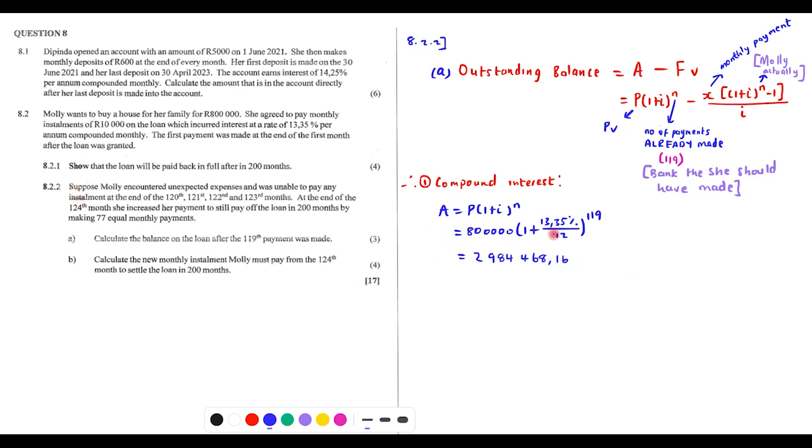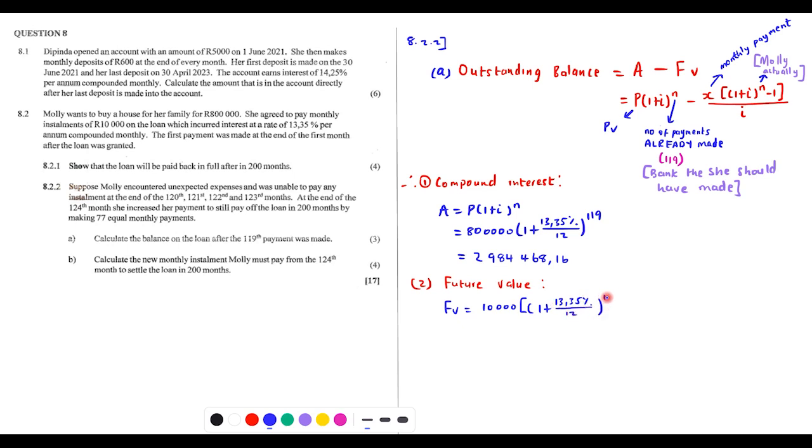Then number 2, we're going to look at the future value. The future value, FV, let me just substitute, is going to be 10,000 times ((1 plus 13.35% over 12) to the power of 119